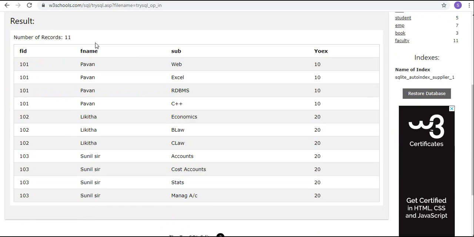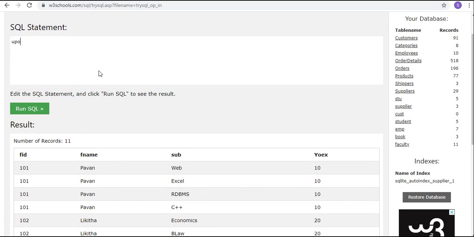Update faculty set fname equal to Vamshi where sub equal to stats.